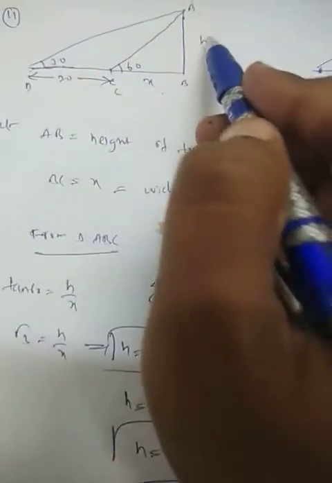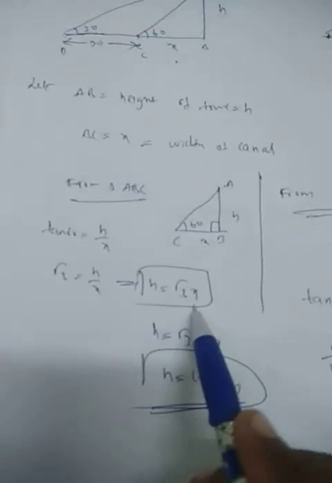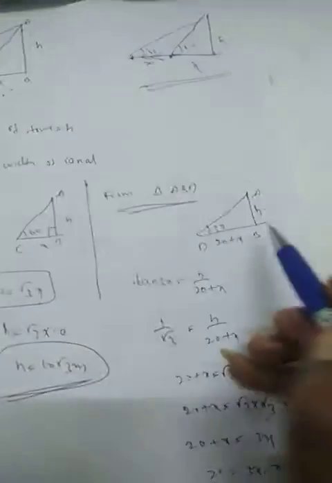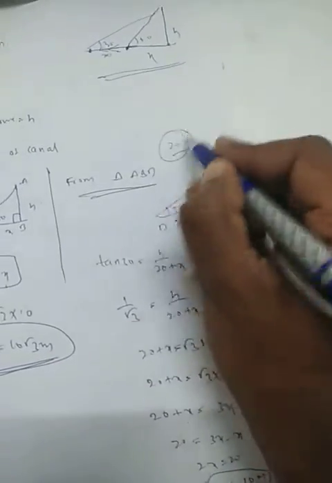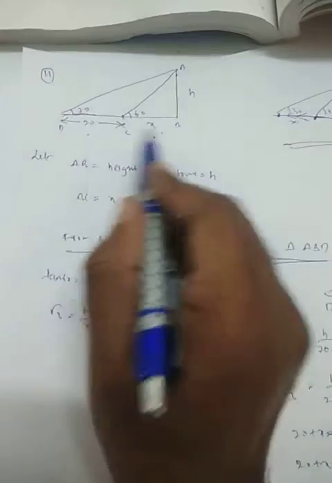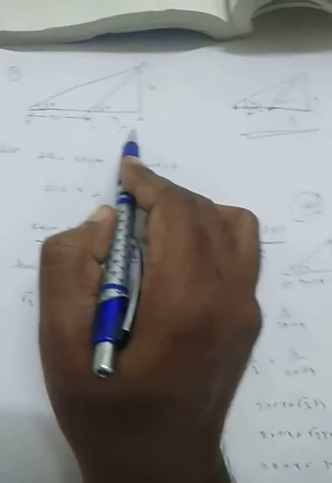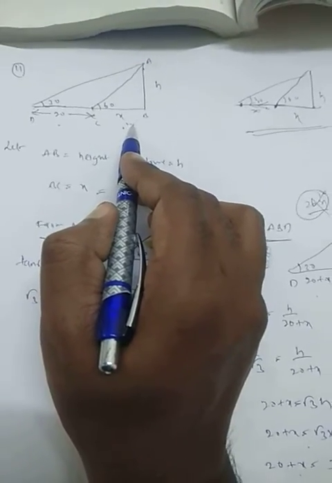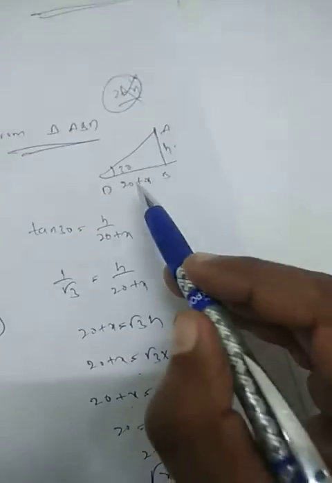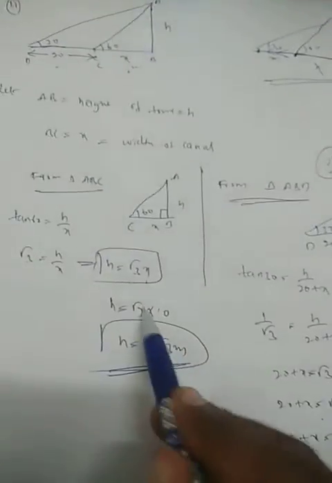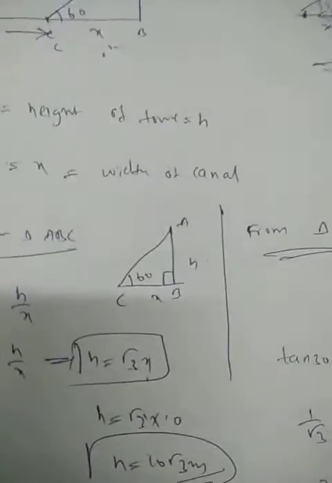So here, in the first case I took this figure, and h by x, I got tan 60 is equal to, that is easy, h is equal to root 3x. And in the second case we have taken the total figure, then what you get? This will become 20, this will become x, 20 plus x. Don't write 20x, students write it as 20x. 20x is different, 20 plus x is different. If it is 20 and 30, you'll do 20 plus 30, 50. But we won't do 20 into 30, that is 600. It won't be like that. So it will become 20 plus x and it will be h. Make use of tan 30 relation, you will get the value of x. Put x here, you will get h. This is about question number 11.